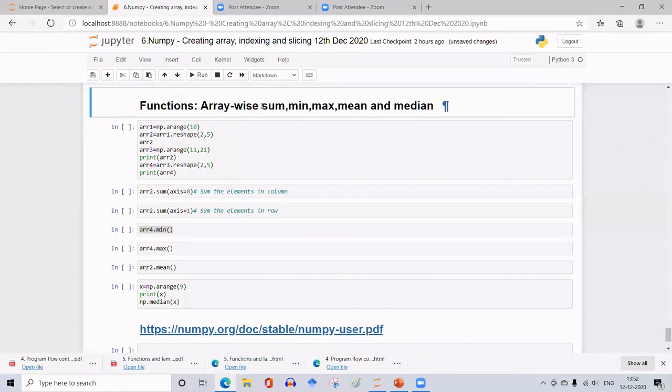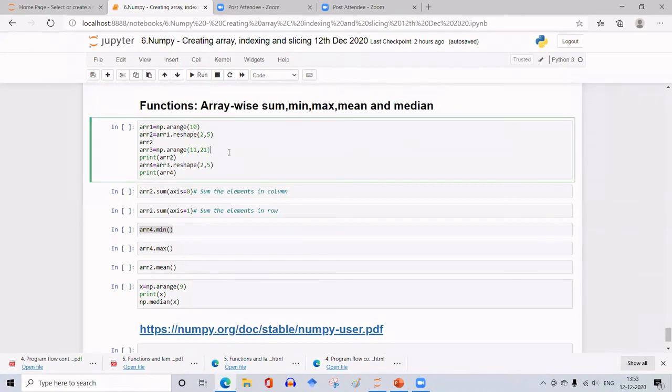So taking the sum of all the elements of the array, or finding the minimum value element in the array, or finding the maximum value element in the array, and finding the mean of all the values in the elements of the array, and also finding the median. Median means it is the center element which separates the whole array into two parts.